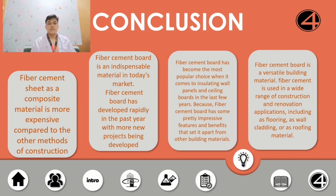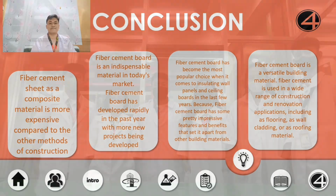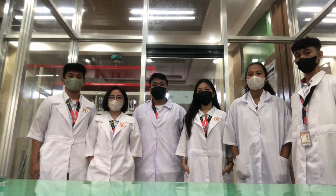And lastly, fiber cement board is a versatile building material. Due to its properties, fiber cement is used in a wide range of construction and renovation applications, including as flooring, as wall cladding, or as roofing material. Whether you need it to build a new home or renovate an existing structure, you can choose from several attractive and stylish designs available in fiber cement boards with different finishes and surface structures. So that concludes our report entitled The fiber cement